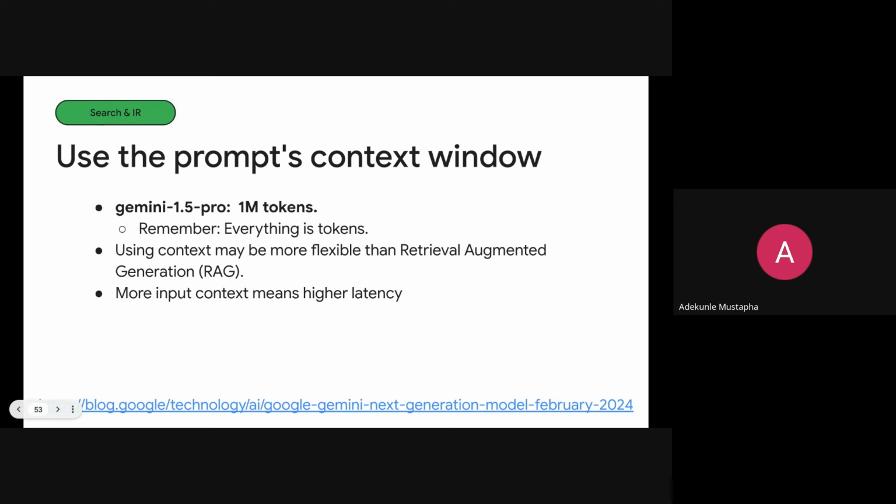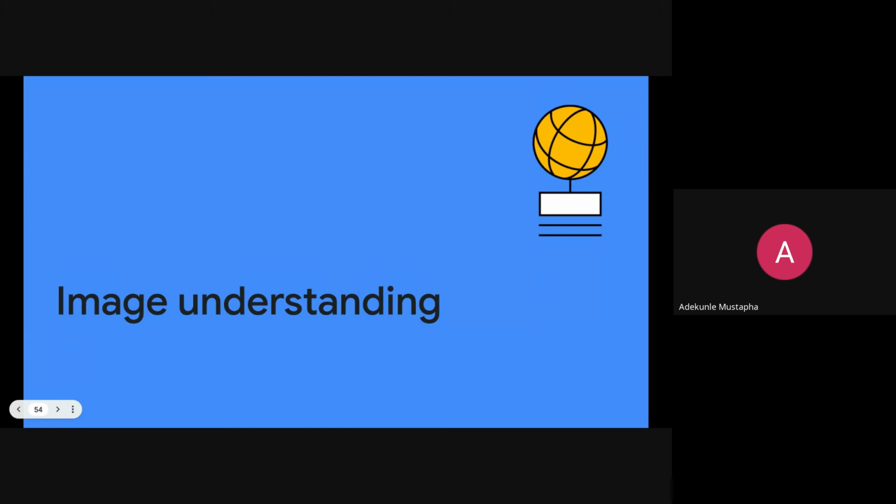Going to the next usage pattern that we are considering in this talk, which is image understanding. So far this has focused more on the textual capabilities of Gemini, but it has sidestepped one of the most powerful image understanding features among all AI models currently. Gemini is able to look at the image prompt that you give it and suggest responses based on its own perception of the image, or perhaps of just the emojis that you're passing into that particular prompt.